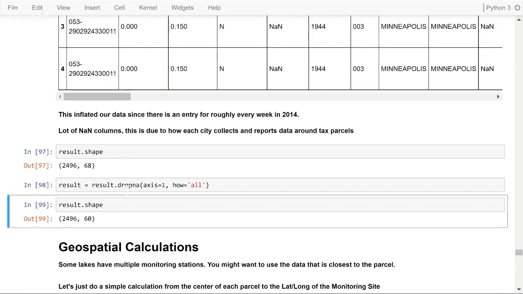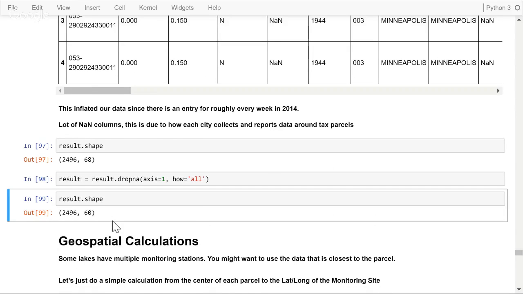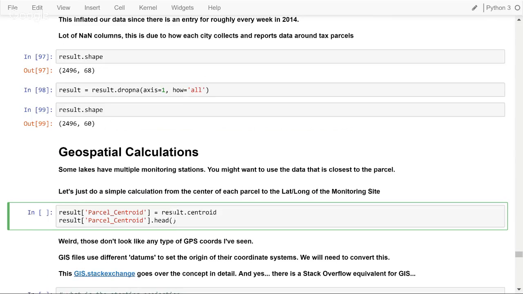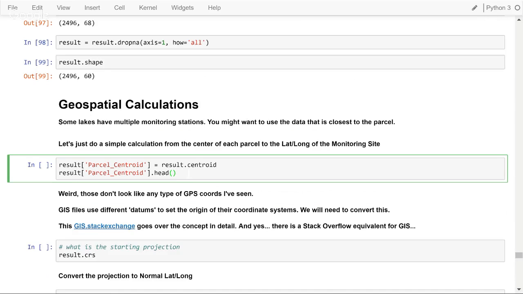So 8 columns dropped out that were completely null. So now, based on this information, we've got all of our data sets joined together. We might want to actually find out how close those properties are to that monitoring station. And so we can do this by just simply saying, where is the center point of each one